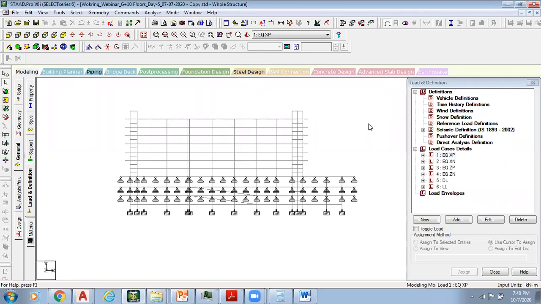We know the load cases and the types of loads depend on the type of the structure and where the structure is located. For example, if the structure is located in non-seismic zone areas, we don't need to consider seismic. If it is located in seismic zone areas, then we have to consider the seismic weights or seismic loads also. If the height of the structure is very huge, especially more than 10 meters, of course it is required to add wind loads also.